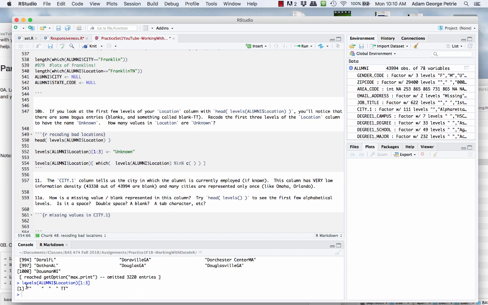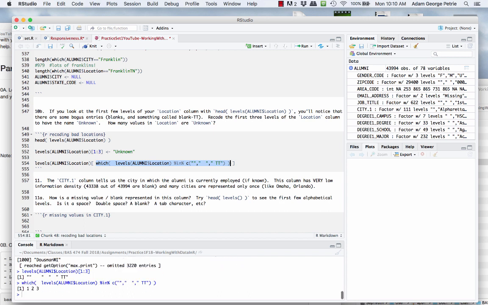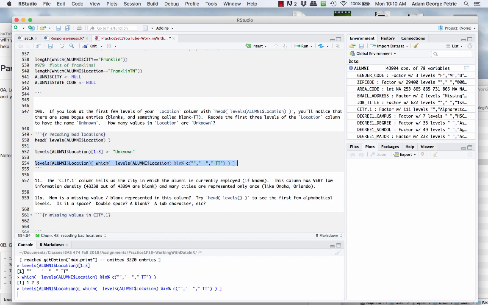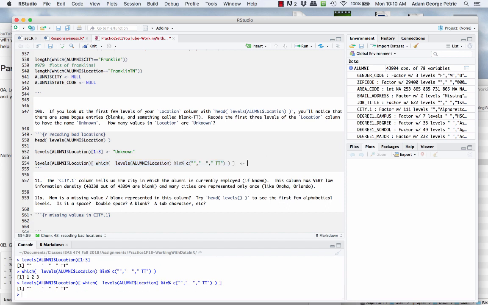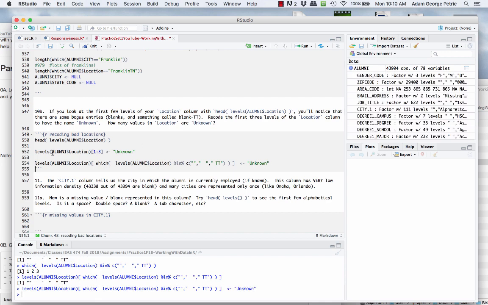So what are the values we want to change? Well, it's very often easiest to just copy and paste these levels from the output of the levels command itself, so that you can make sure to get all of the characters that are in there that might be somewhat hidden. So we can look to see which levels are inside this vector here. Well, the first, second, and third. Great. So we want to take these levels and rename them. We want to change this to be unknown. And once we have that,